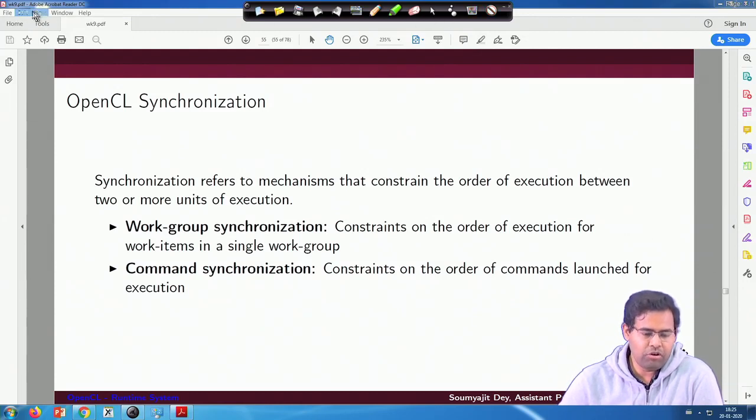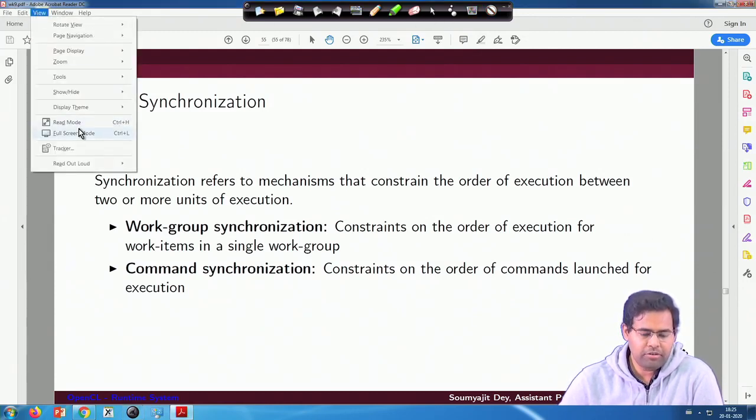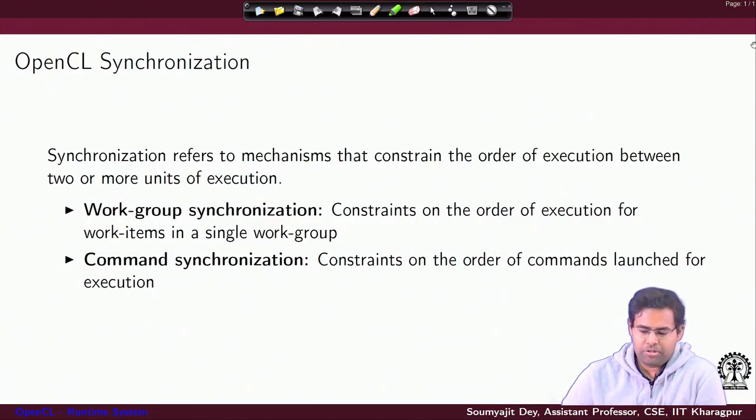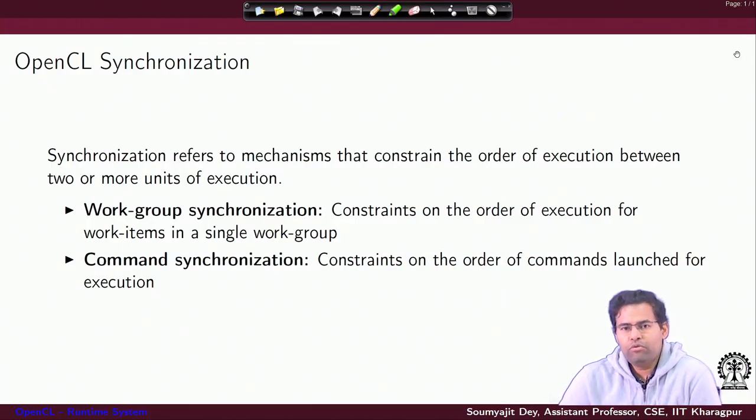So, you do not really launch commands directly, but rather you are just issuing commands, enqueuing them into the queue, and it is the runtime system's job to pick up commands from the queue in that order and execute them. So, you also have this scope of synchronizing the order of commands launched.